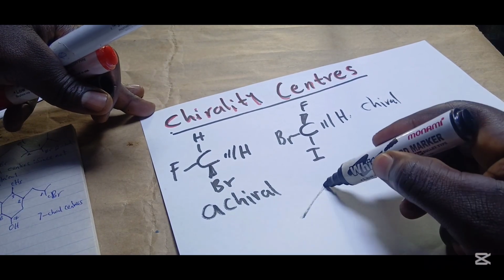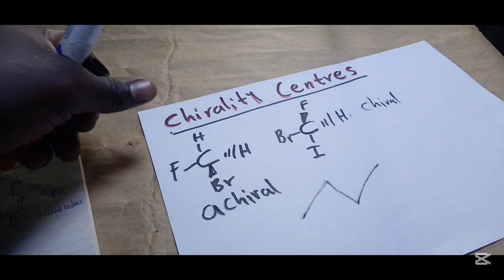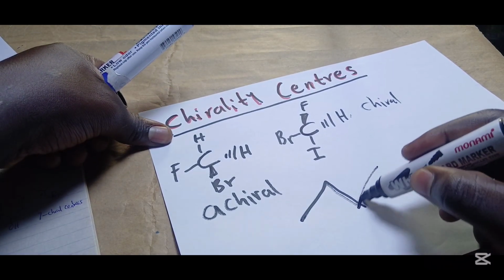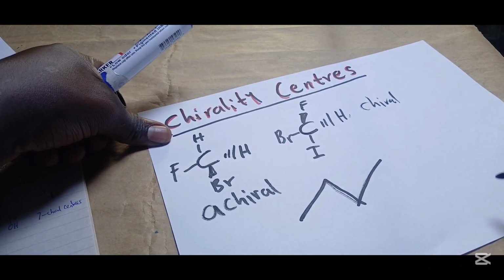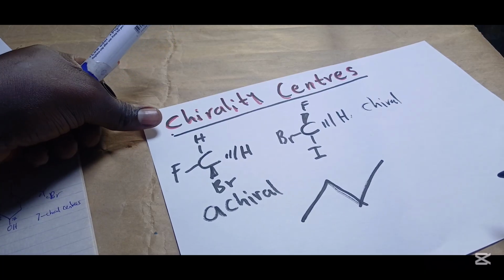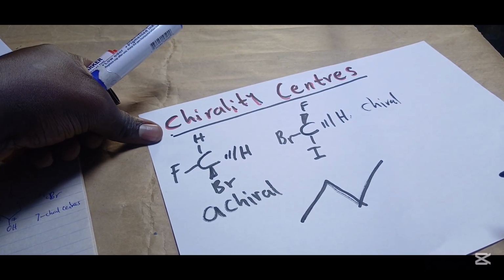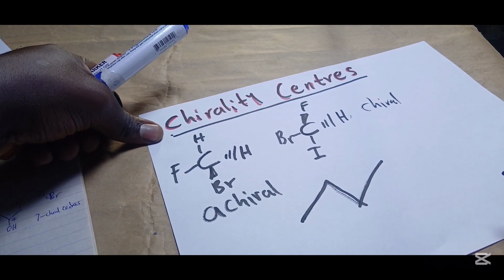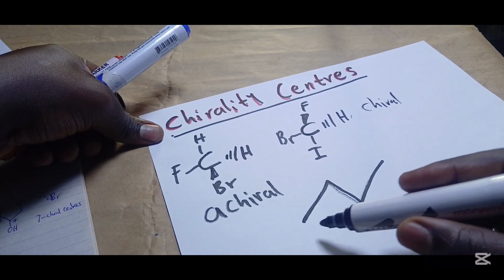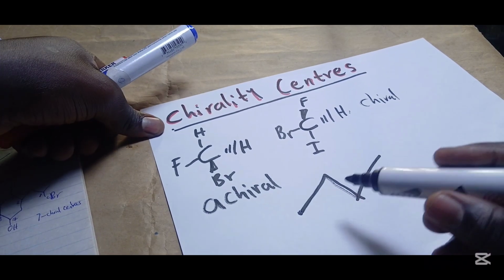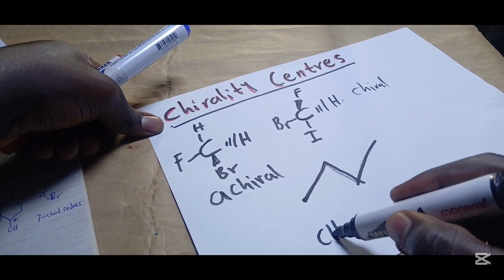Is this molecule chiral or achiral? Now, if we are given a molecule that has more than one carbon atom, we will be looking at a carbon with four different substituents and then a line of symmetry. If there is a chiral carbon in the molecule and the molecule has a line of symmetry, then it ceases to be chiral. Looking at this carbon here, we can redraw this to be CH3,